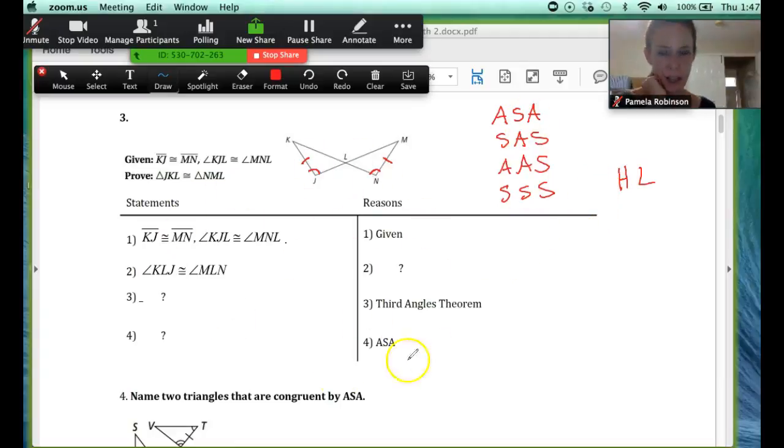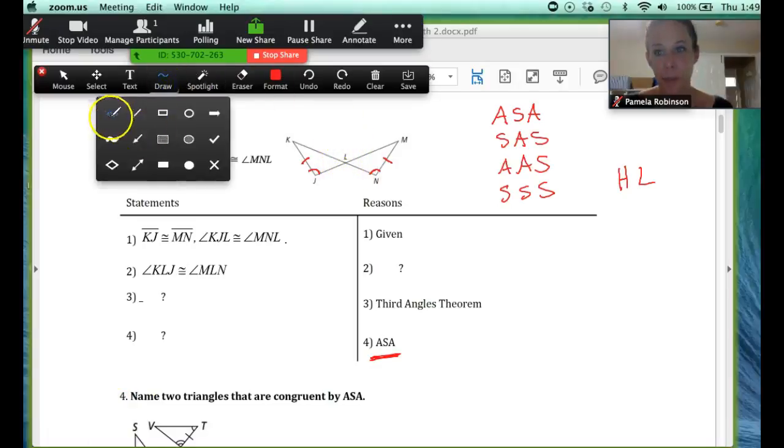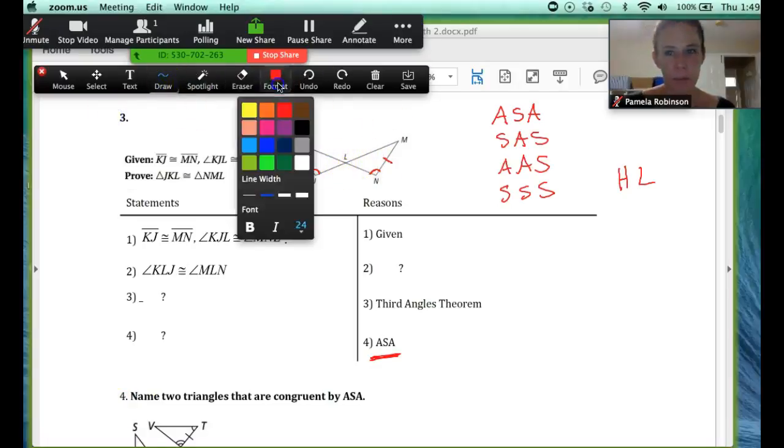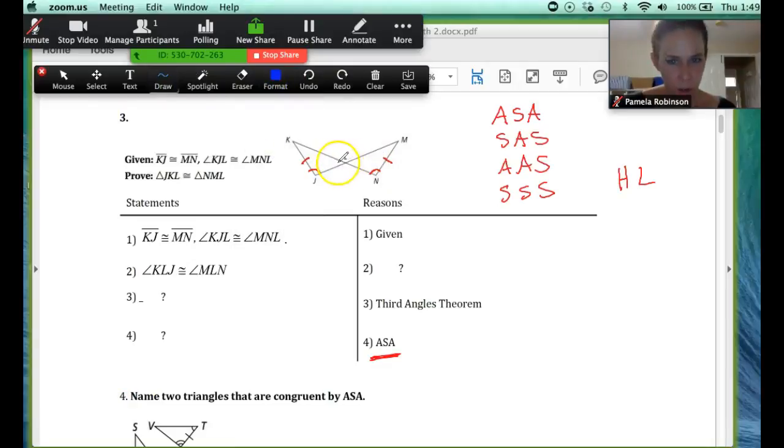Now, if I look at this scaffolded proof, I may not choose to prove it by angle, side, angle, but I can see in this scaffolded proof that's the way I'm going to get to it. Looking at this, I can see right away, just from what I know, that these are vertical angles and they're going to be congruent. So I'm just going to mark them here in blue. Now, if I know that, I can have angle, angle, side right here,